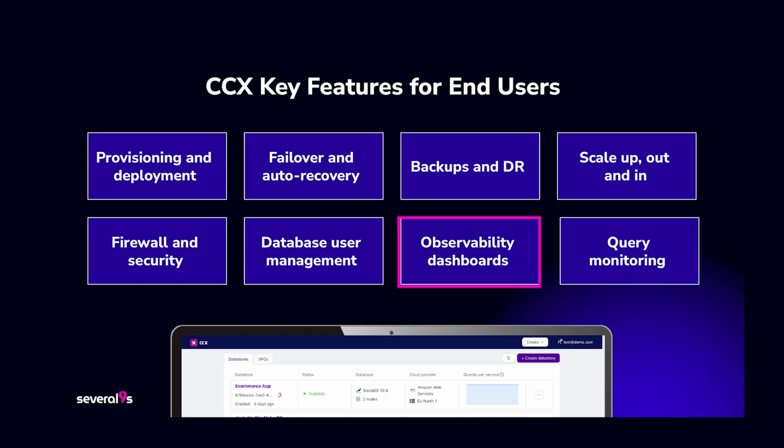Observability dashboards. These include both system metrics and database metrics. You can also use Grafana to build out specific dashboards for your end user. Plus, they can use query monitoring to see the top queries and connections in a particular database. During the demo, we'll explore some of these features in detail, showcasing how CCX can be customized, extended, and seamlessly